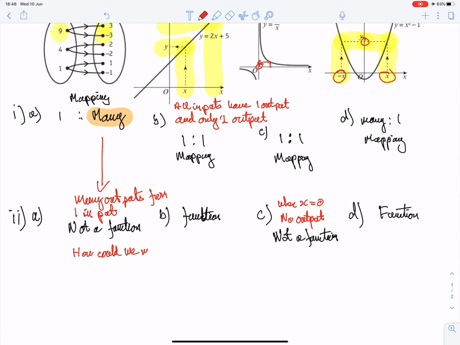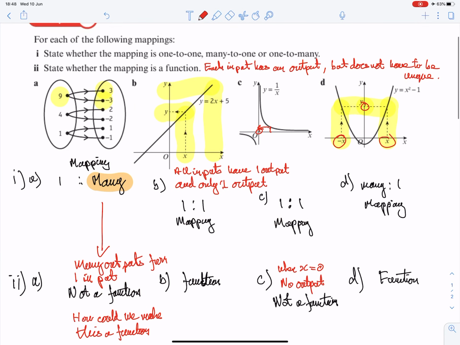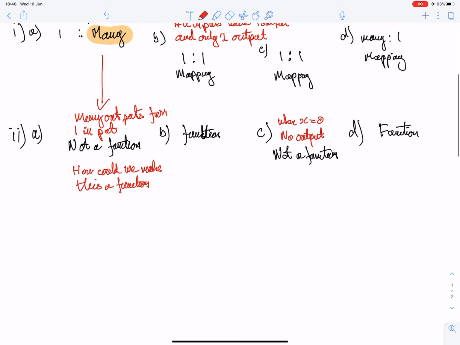We could restrict our range. If we called this process up here f of x, then our range is f of x is a member of the set of real numbers,